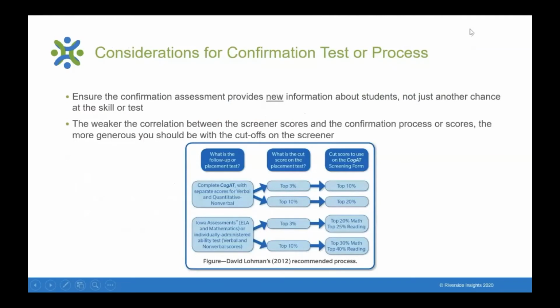So one thing to consider when you're thinking about that initial efficient assessment and the holistic assessment is the connection between the two. You want to ensure that the confirmation assessment provides new information about students. So you don't just want to retest or give the same kind of assessment right then. You want something that broadens your information about the student, as well as another opportunity to